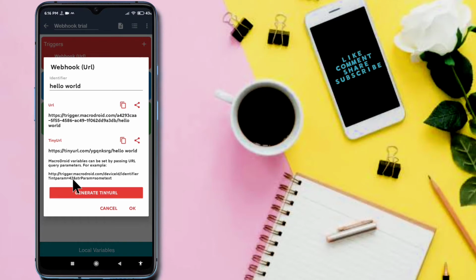So 42 is just an example. And string parameter is the name of the string parameter, and equal to some text means the text or characters you want to assign to the string parameter.